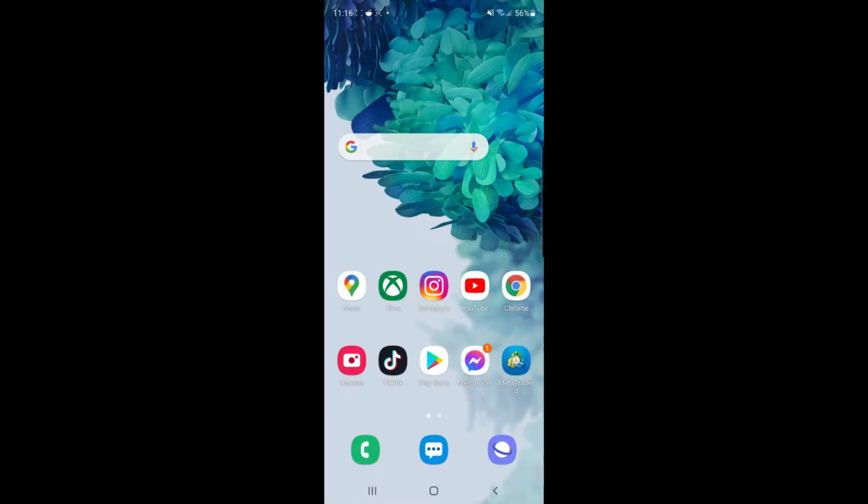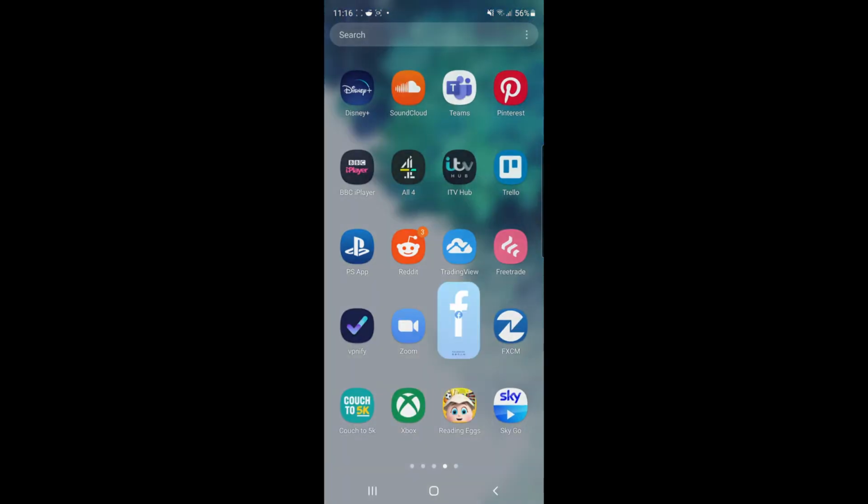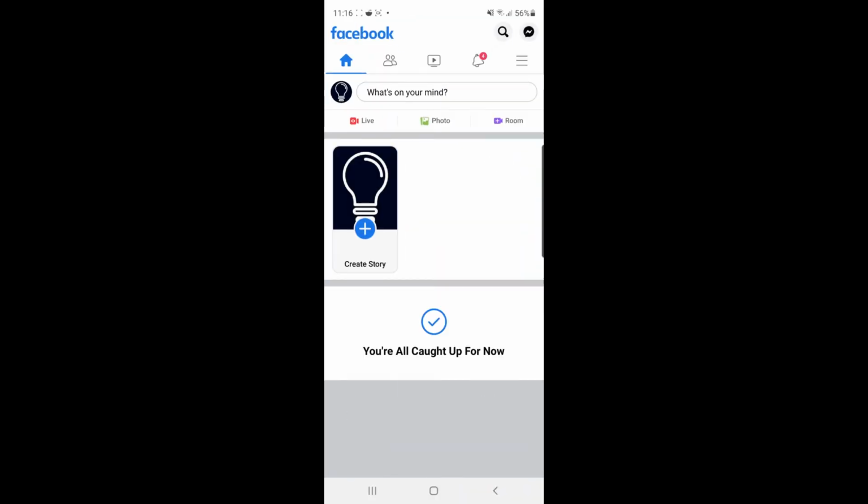So if you want to add your phone number to your Facebook profile, this is a super simple thing to do. The first thing you will need to do is head over to your Facebook app. Once you have opened up Facebook, you'll be on your newsfeed, which is this page here. And from here, all you need to do is go to the top right hand corner to the three